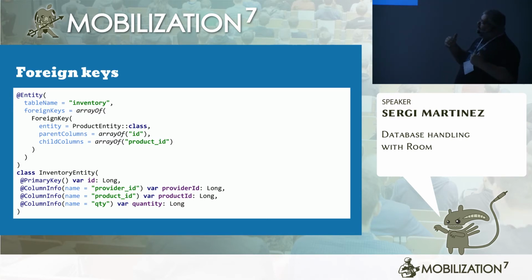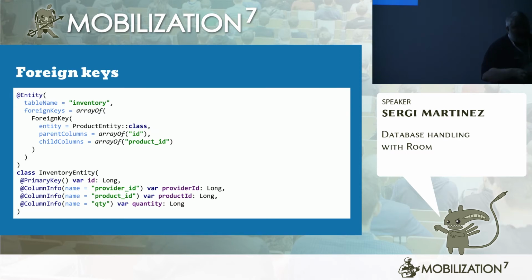And we decide that we have one foreign key, okay? Again, it's an array of foreign keys, so we can have more than one. We say, okay, the foreign entity is product entity.class in Java, in Kotlin it's ::class. As you see, we don't say the name of another table, we say the name of another entity. Then the parent columns and the child columns. In this case, the parent column is ID in the other table, and the child column is product ID in this table. Okay,